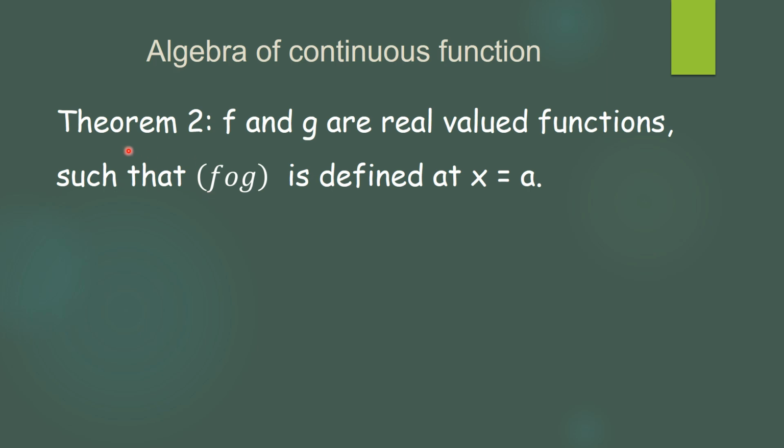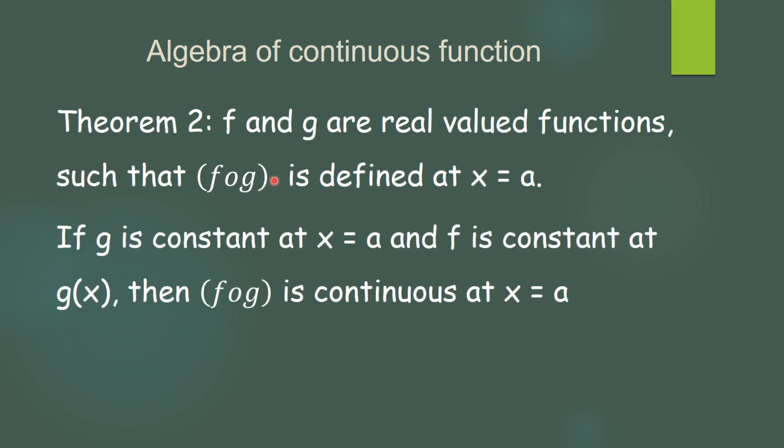Here we are going to just say that if these two functions are real valued and this fog is existing, then it will be continuous if g is continuous at a and f is continuous at g of a. So for the composite function fog, it will be continuous if f and g both are continuous. Now to understand the meaning of this,